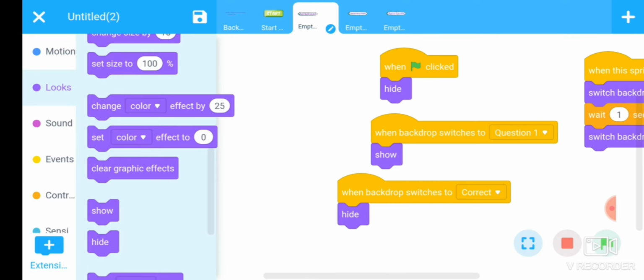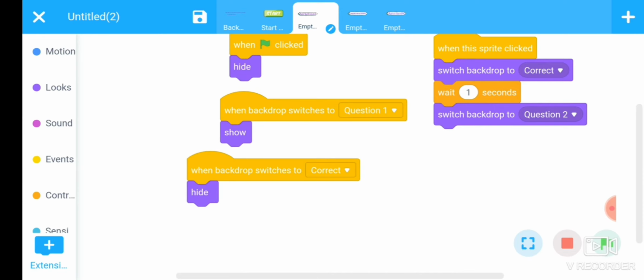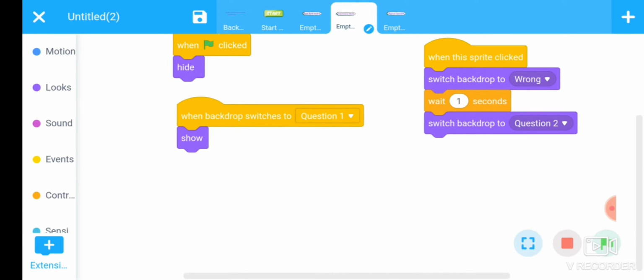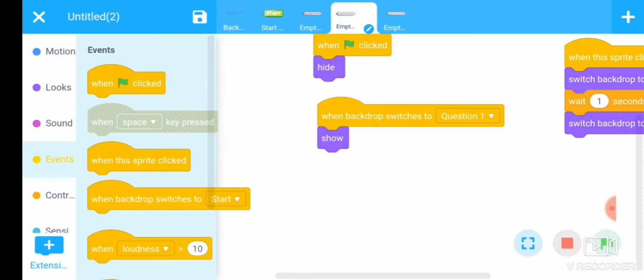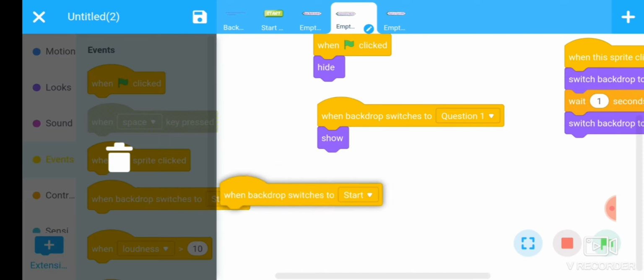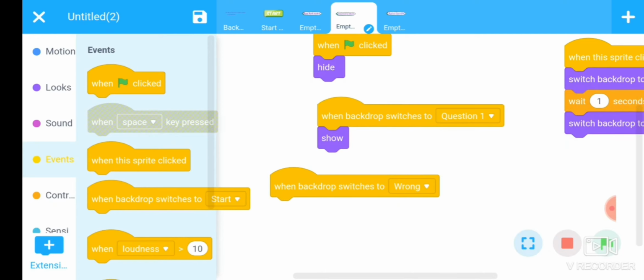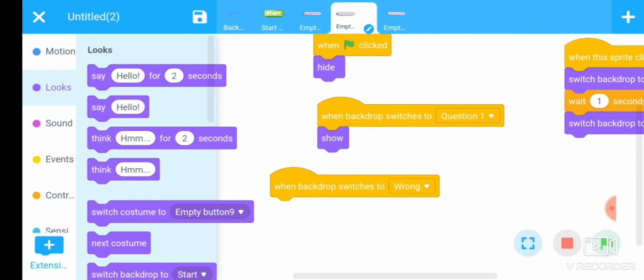Okay, likewise, whenever backdrop switches to wrong screen, then hide this option.